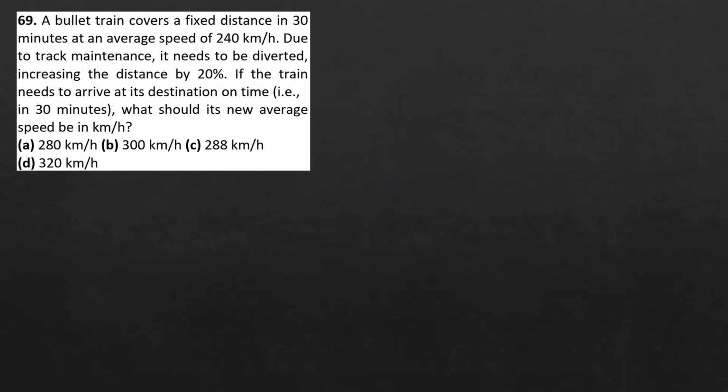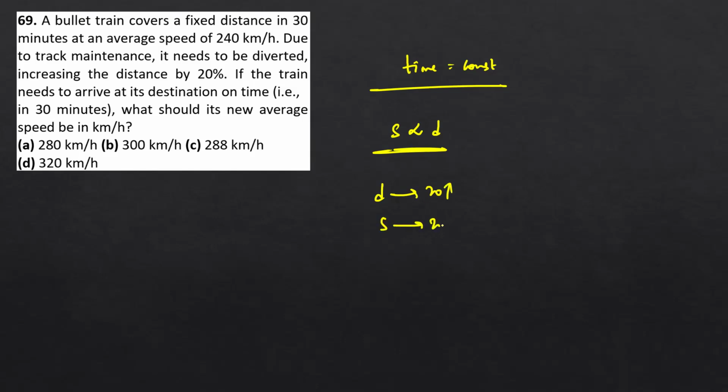Due to track maintenance, it needs to be diverted. Increase the distance by 20%. If the train needs to arrive at its destination on time, it means time is constant. When time is constant, your distance is proportional to speed, or your speed is proportional to distance. If distance increases by 20%, your speed should also increase by 20%. Existing speed is 240, 20% of 240 is 48. So therefore, your new speed should be 288 in order to cover the same distance, the 20% extra distance in